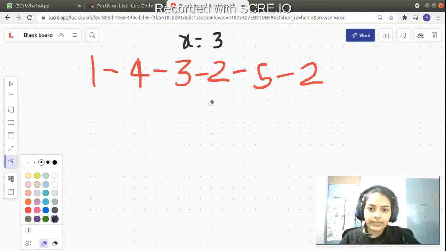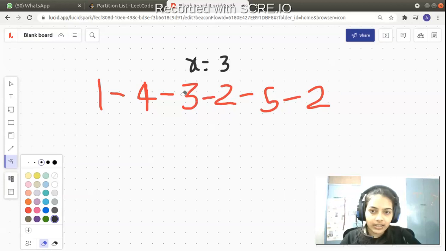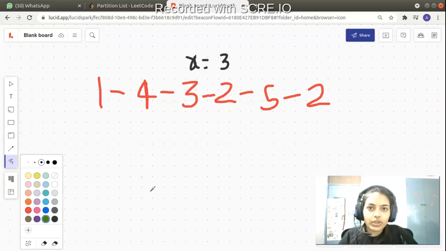So let's try to understand with the help of an example. Suppose there's a linked list given in red color, and suppose there's an integer x that is passed to us, which has a value 3. What we are supposed to do is separate this linked list such that all the elements which are less than 3 come first. So let's start searching for elements which are less than 3 from the initial order.